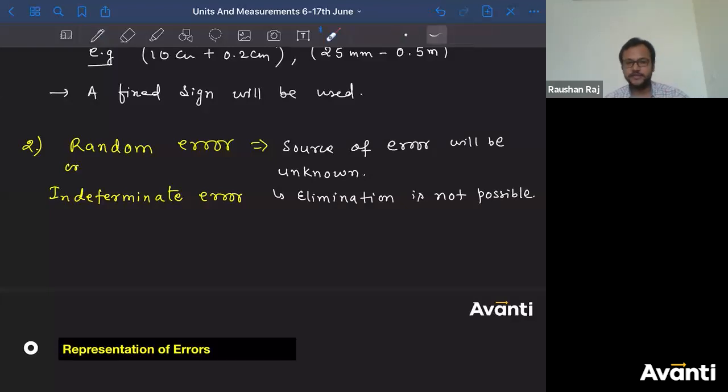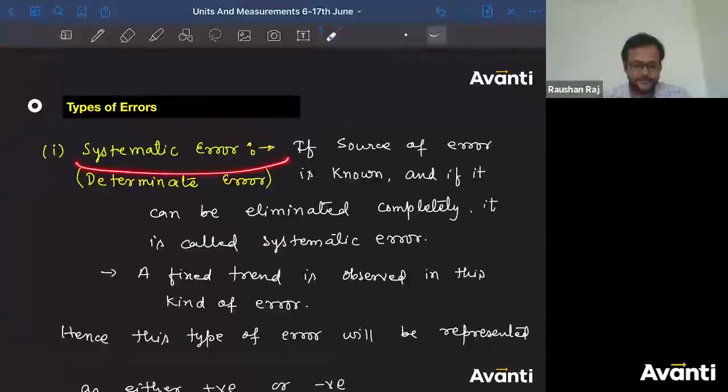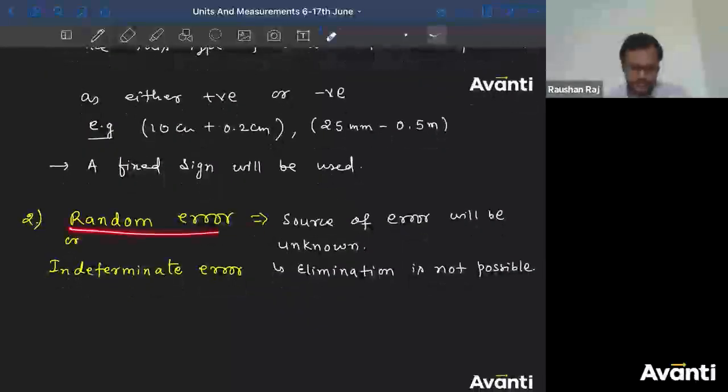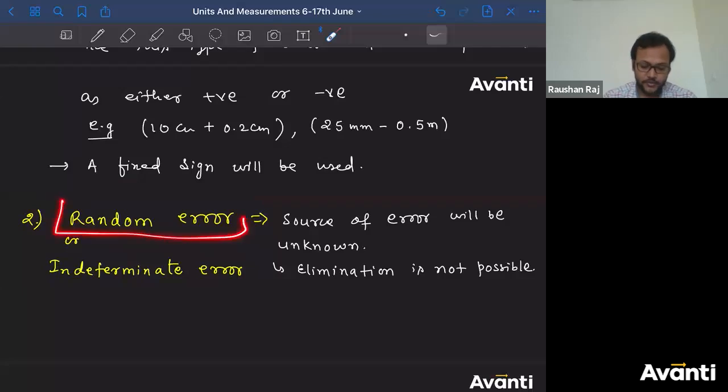Now tell me, just think about this. There are two types of error that will be there. Can I say there will always be some, even if you control everything, if you try to control almost everything, you can control the error which will be caused because of systematic error. Can you control this? No, you can't, because there will always be some kind of source of error which will be unknown to you.